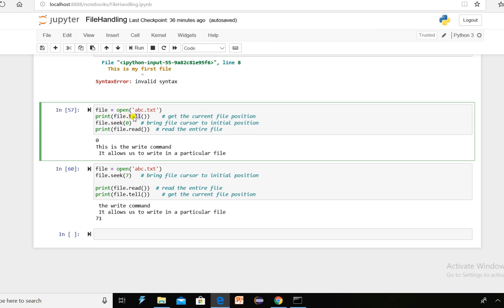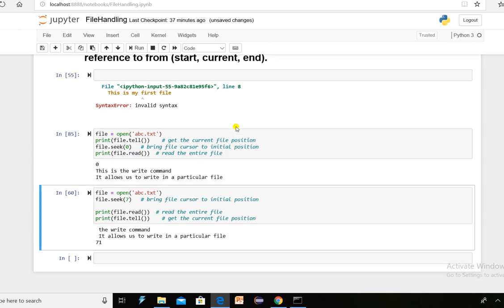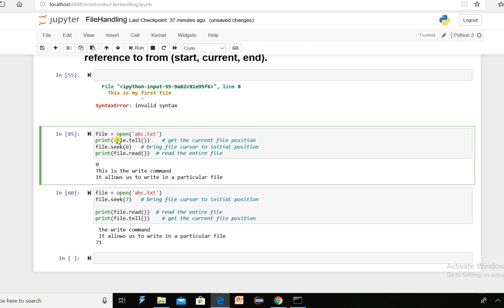So tell will tell you the current cursor position, and with the help of the seek method you can set your cursor. Here I have passed the parameter 0, so it brings the cursor to the initial position, and I have read the contents of that file abc.txt. If I execute this, tell will tell me the cursor is at 0, and I have again set the cursor at 0 and read the contents.